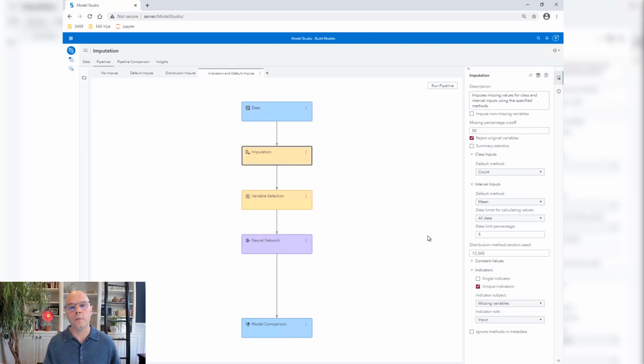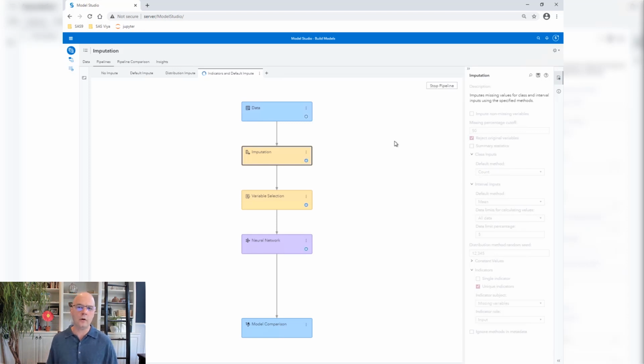Now, let me go ahead and run the pipeline. And while it's running, I'm going to tell you that I'm going to do a few different things when we look at the results here. For the imputation node, I'm not going to go to the same table we saw before. We should be pretty comfortable with it now. I'm going to actually show you the output data table itself. That's kind of like looking at the data after the imputation node has done its job, and I want to show you what it's passing on to the next node. Particularly, I want to show you those missing value indicators.